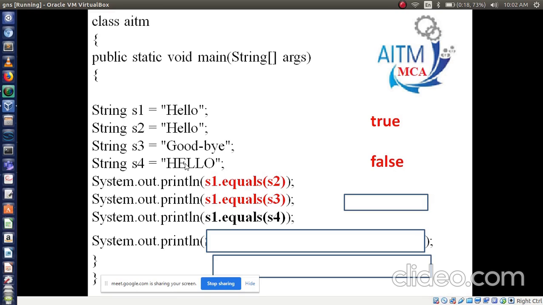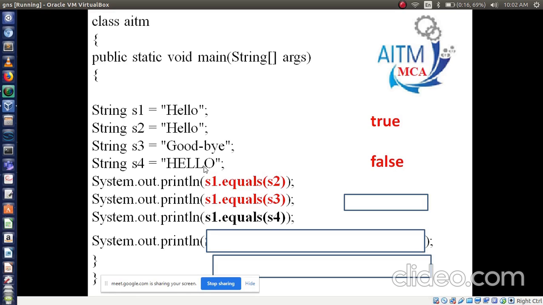The equals method, right? I have mentioned clearly that equals is case sensitive. I have read it two times. Now are the letters the same or different here? Capital and small case letters are there. In this case, Kiran, what output will you receive?